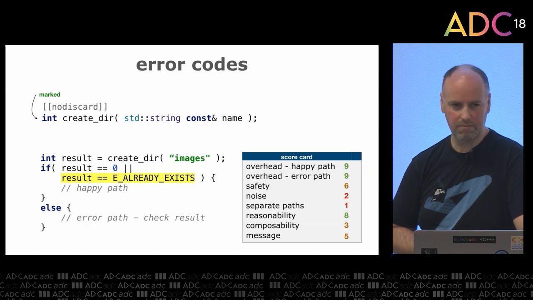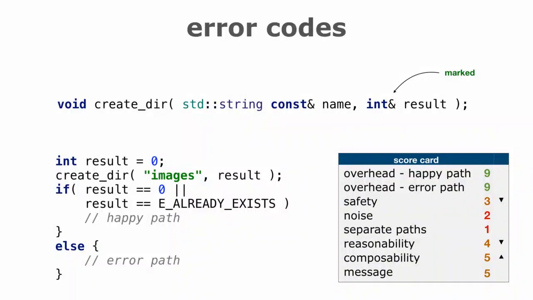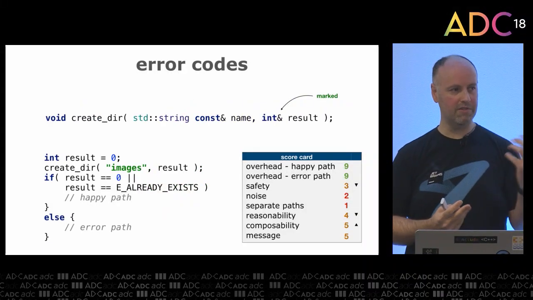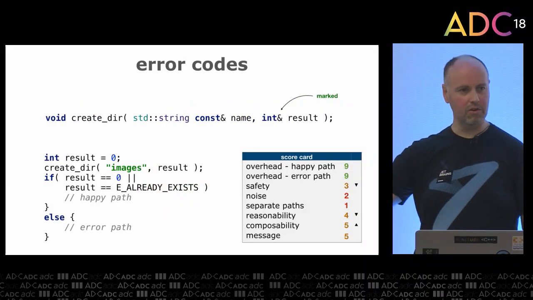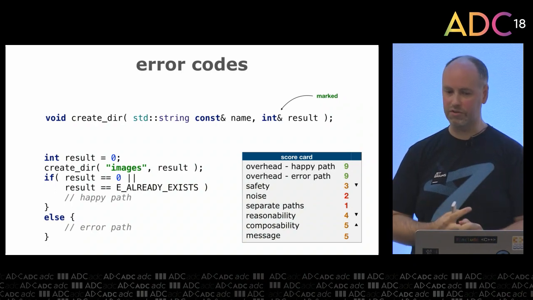error codes, but there's other ways that we get errors out of functions. One of them is by passing in a reference value, so an out parameter, if you like. So otherwise the same, but rather than the return channel, it's now a reference parameter. I think that makes it a bit harder to use. Now, it's a bit harder to reason about how you use that, so I've put the safety down a bit. And for the same reason, a bit harder to reason about. But potentially more composable, because now the return channel is free. We can use that. It's obviously not used here, but we can use that for composing functions together.